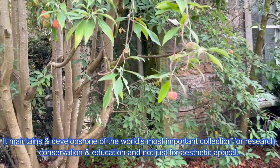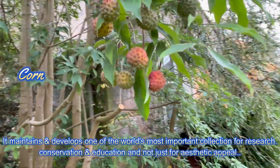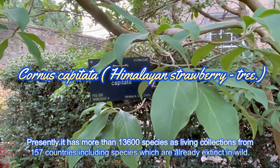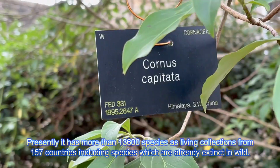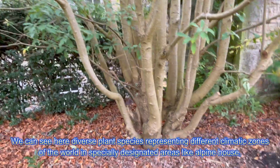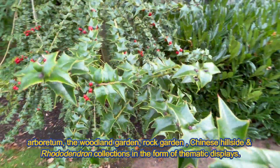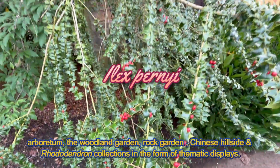It maintains and develops one of the world's most important collections for research, conservation, and education, and not just for aesthetic appeal. Presently, it has more than 13,600 species as living collections from 157 countries, including species which are already extinct in wild. We can see here diverse plant species representing different climatic zones of the world in specially designated areas like Alpine House, Arboretum, the Woodland Garden, Rock Garden, Chinese Hillside, and Rhododendron collections in the form of thematic